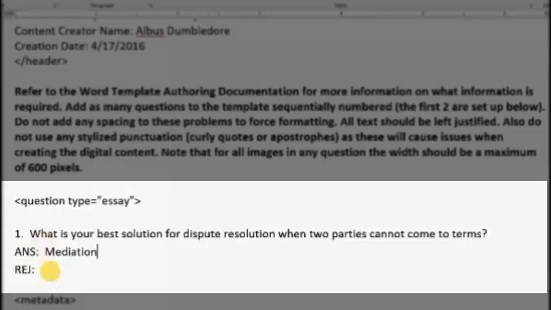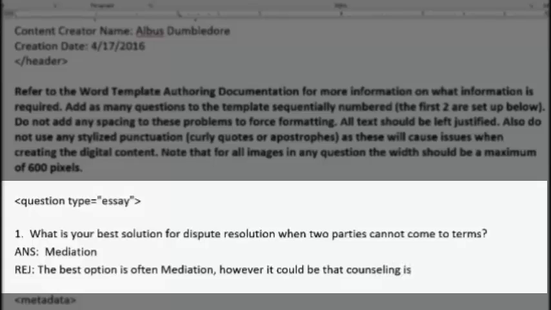Finally, you have the option to do a rejoinder. If you do not need a rejoinder in this, you can always get rid of it and just have the question and answer. However, if you would like some sort of feedback to appear to the user after they have submitted their answer, you will need to fill out this rejoinder topic. So here I could put the best option is often mediation. However, it could be that counseling is a good way to go